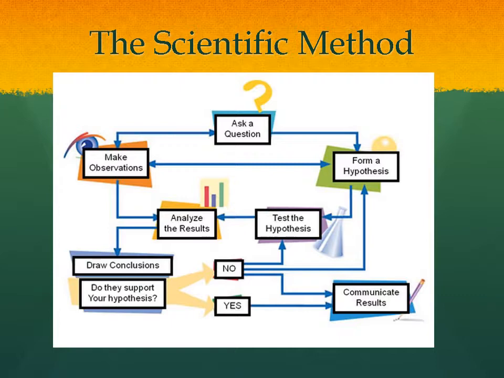And I will tell you that no's are a lot more common in science than yeses. Okay? A lot of the stuff that we have learned in science and in the real world has a lot more to do with us being wrong the first few times around than us being right the first few times around. Okay? So science is really cool because you don't have to be perfect and you don't have to be right. You just have to want to answer a question. All right? And that's what makes science so awesome.